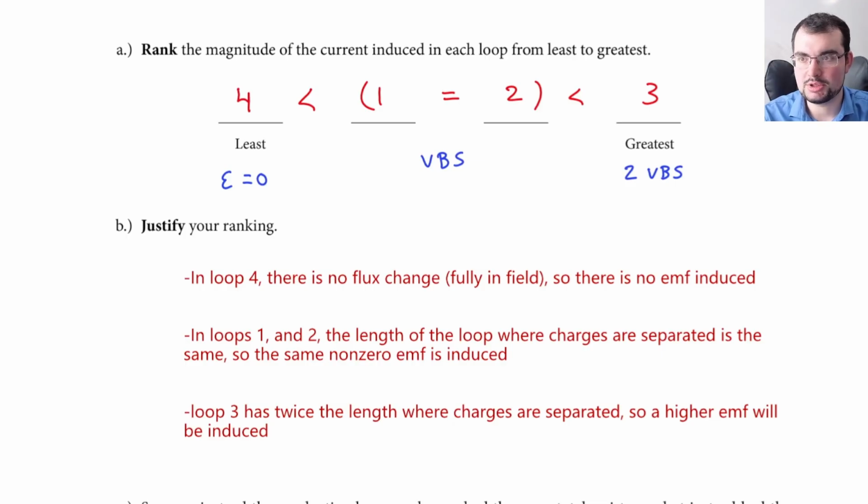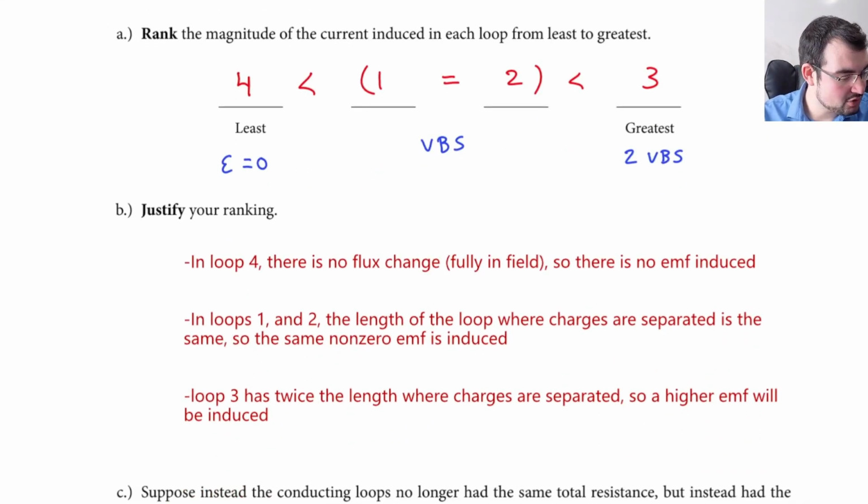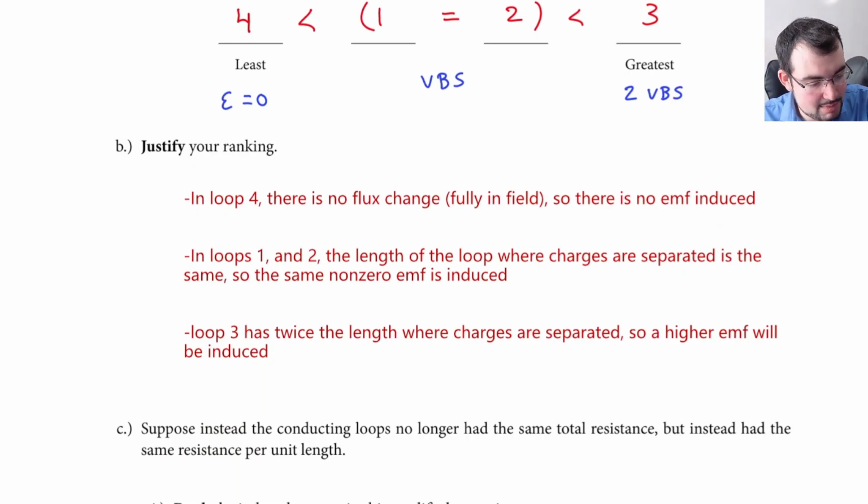Because yes, one of the loops is bigger, but we have separated the charges over the same distance, at least. Loop 3 has twice the length over which charges are separated, so we get a higher EMF. And again, the reason we could do this and just rank the EMFs is because they had the same resistance R. And that's actually not going to be the case